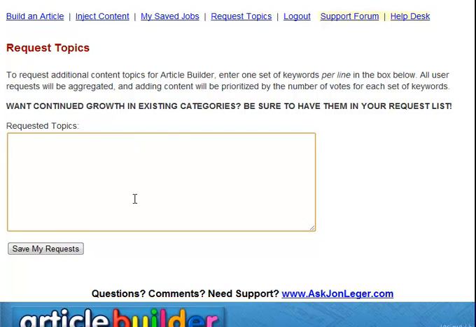We've kept the design simple and efficient on purpose. Why clutter things up when what you really need is continuous, fresh content built around the topics that your websites cover? Article Builder gives you that, all at the click